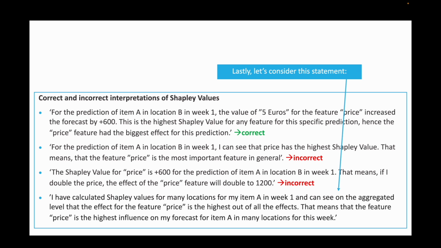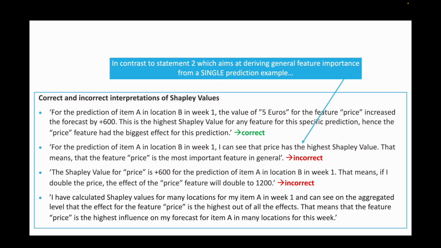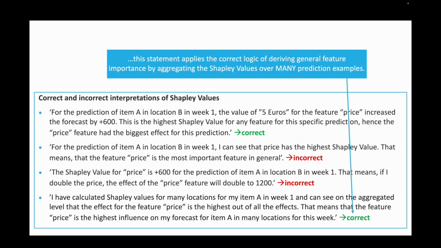Lastly, let's consider this statement. I have calculated Shapley values for many locations for my item A in week 1 and can see on an aggregated level that the effect for the feature price is the highest out of all the effects. That means that the feature price is the highest influence on my forecast for item A in many locations for this week. In contrast to statement 2, which aims at deriving general feature importance from a single prediction example,